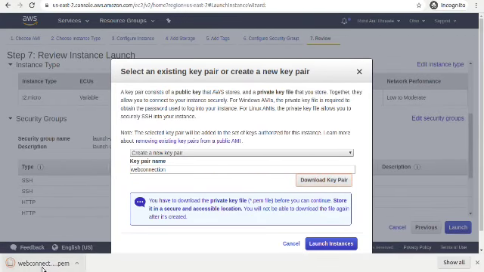It will provide me a PEM file. So what is the PEM file? PEM stands for Privacy Enhanced Mail. This is the private key provided for your EC2 instance to make a connection from your local machine to this EC2 instance.